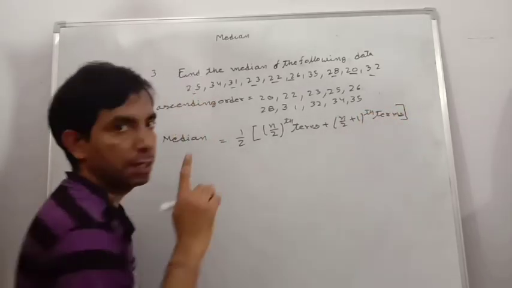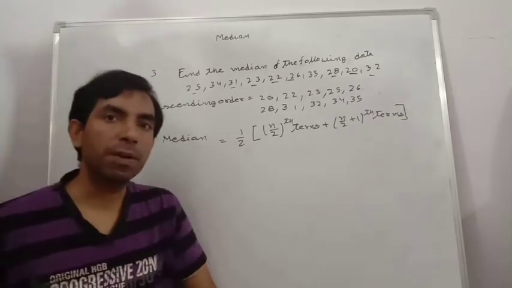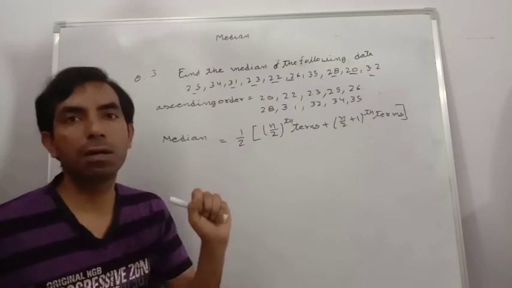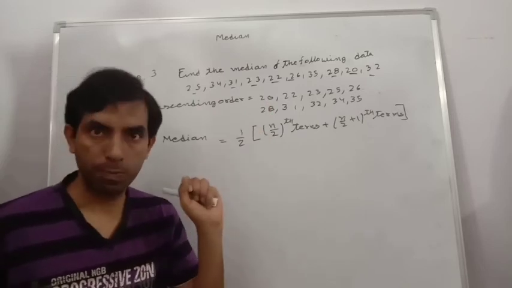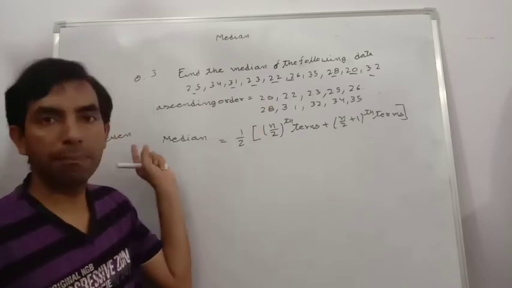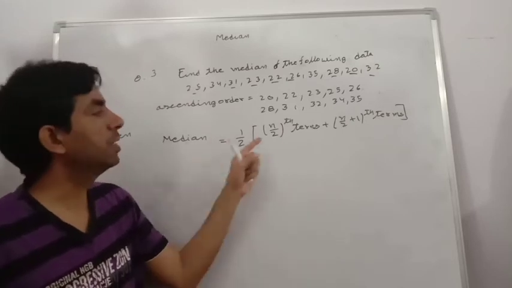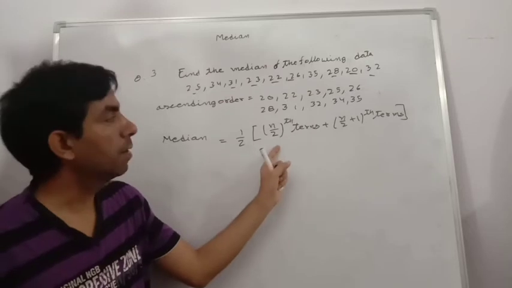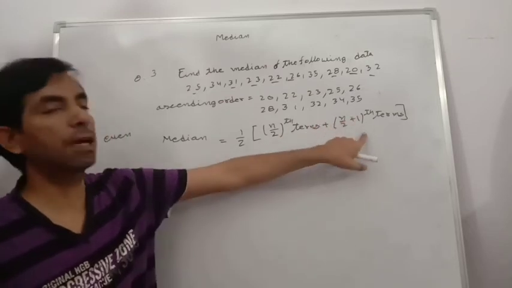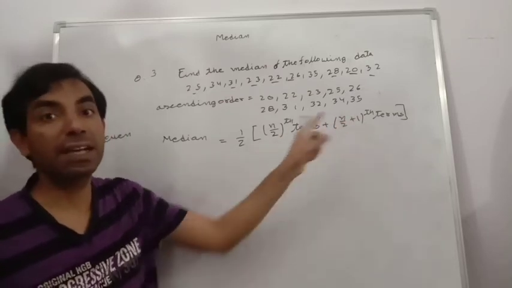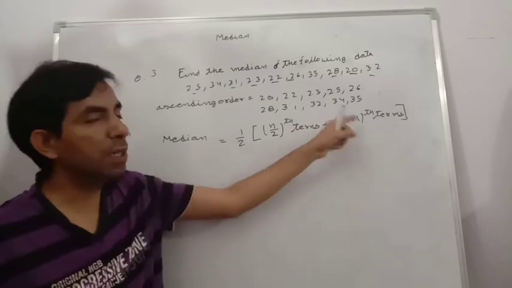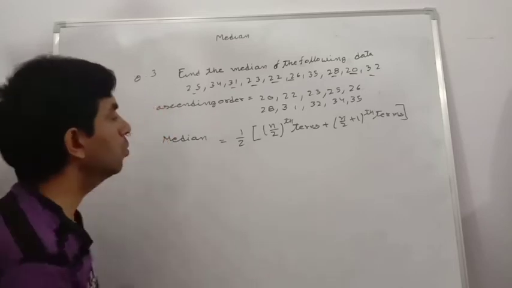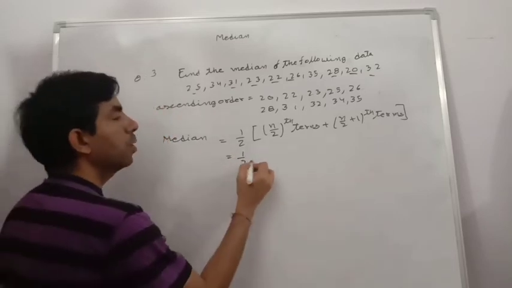It is somewhat different. In the previous question, we first added 1 and then divided the number by 2. But here the number of data is even. So first we divide by 2. Then we get some term. Then we take the next term of n upon 2. N upon 2 plus 1 means the next term after half. So put the value here, 1 upon 2.